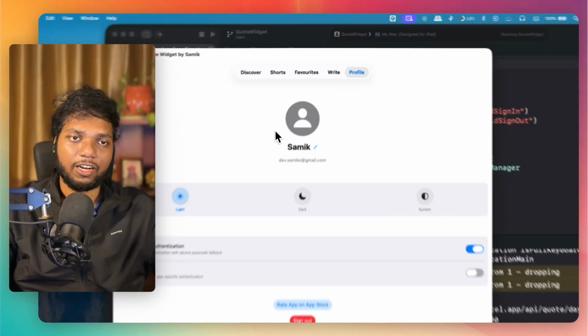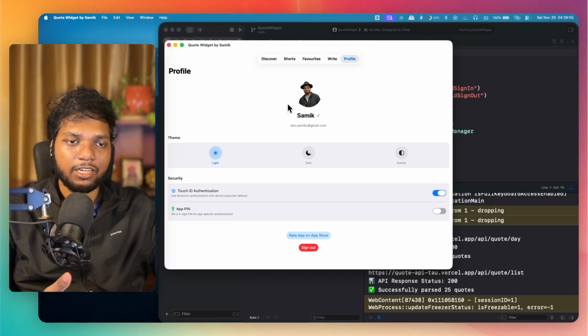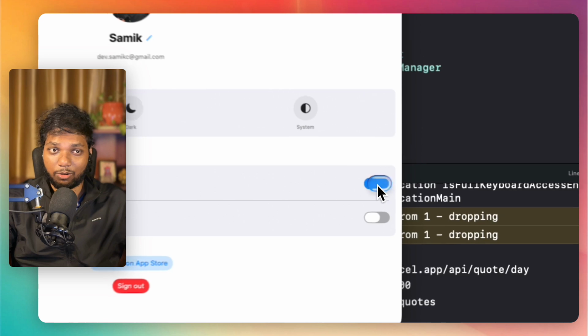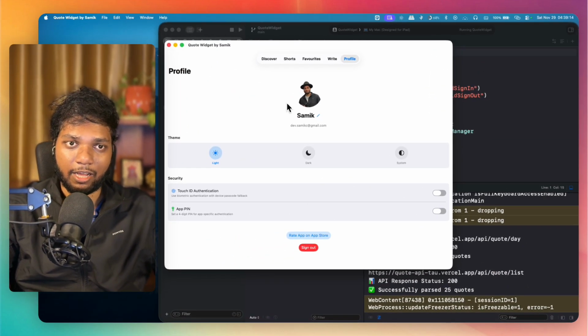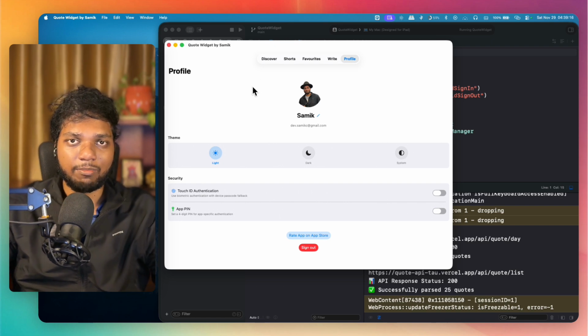And in the profile, I'm using Google sign in and Apple sign in to authenticate the user, and you can see right now I'm using Touch ID authentication. That code is also given, so I can just turn it off and I can sign out, or I can rate it on the App Store, things like that. So this is the update which I wanted to show you,